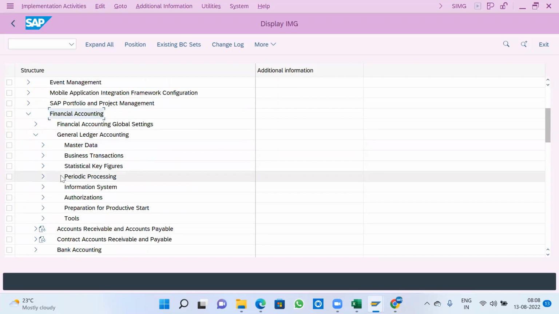Once we create one, if you want to create any GL, we need to first design a chart of accounts. Chart of accounts means what language the GL account description is in, how many digits the GL account has. Like that, all information we are going to design in a chart of accounts. In that chart of accounts we are going to design account groups. So first we need to go for financial accounting